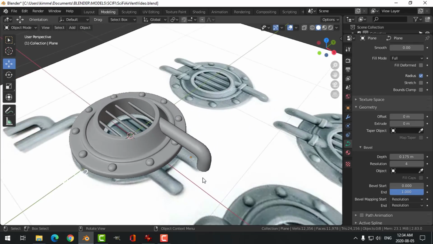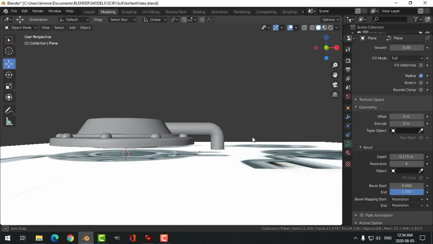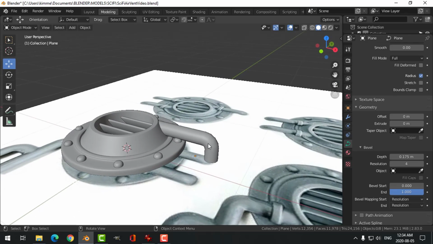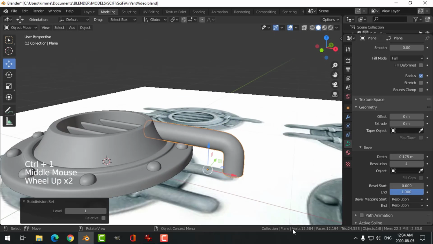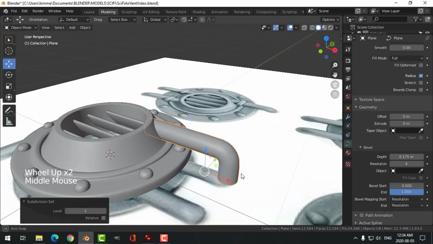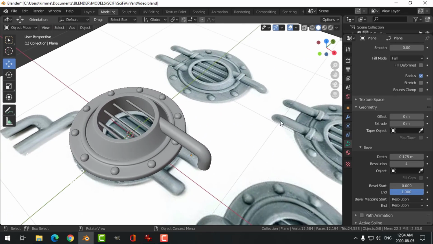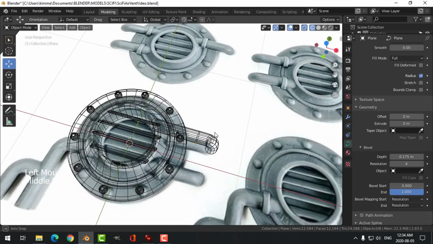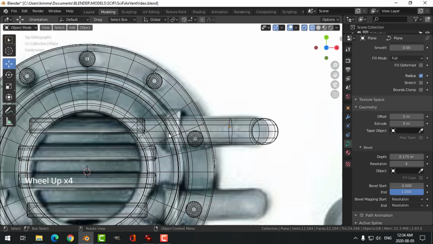I could put a subdivision surface on if I want to. If you want to have a look at that with it selected, I'll go Control+. It's not that much difference, but I think I like it a little bit better. And it's such a simple model, I think I would stick with that probably. All right, so I would have that pipe there, and then I'll do this,